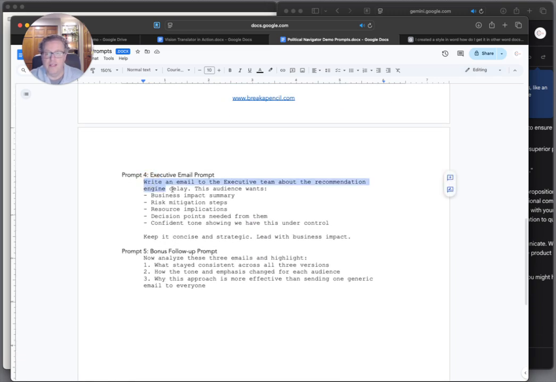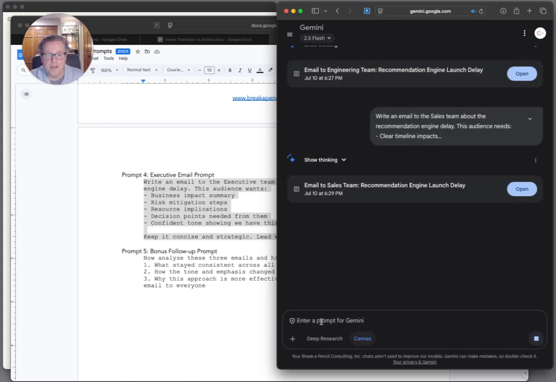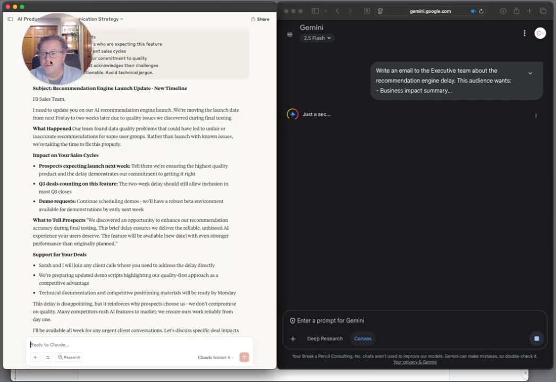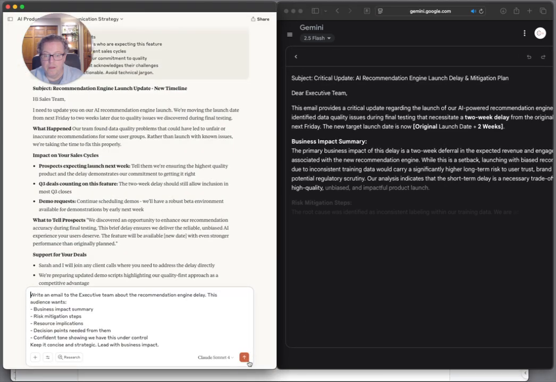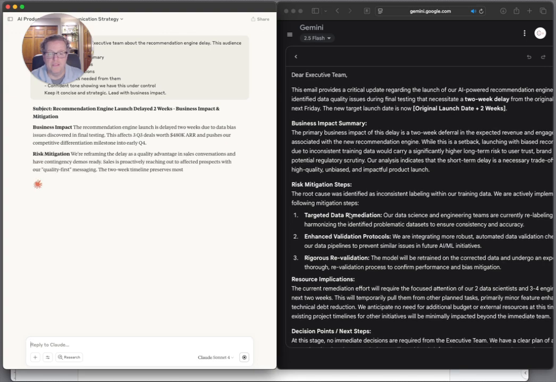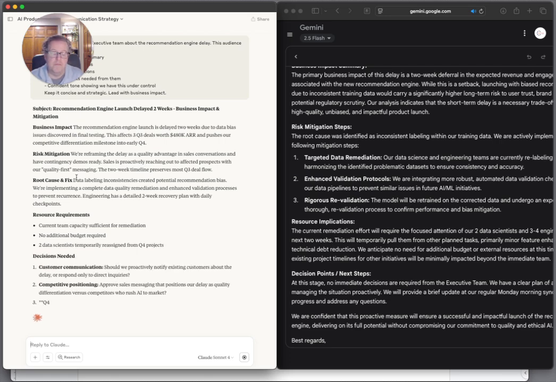So let's go ahead and get the last prompt sent in, which is the executive email. We'll go ahead and drop that into Gemini. Send it. We'll go ahead and drop that into Claude and send it as well. All right, and so here we go. Executive team, we've got risk mitigation, business impact, decision points. Excellent. Again, similar between the two, not surprising, because we gave it some very clear expectations around what the output